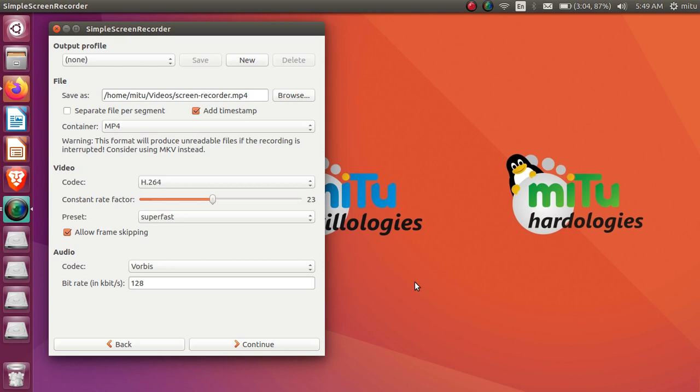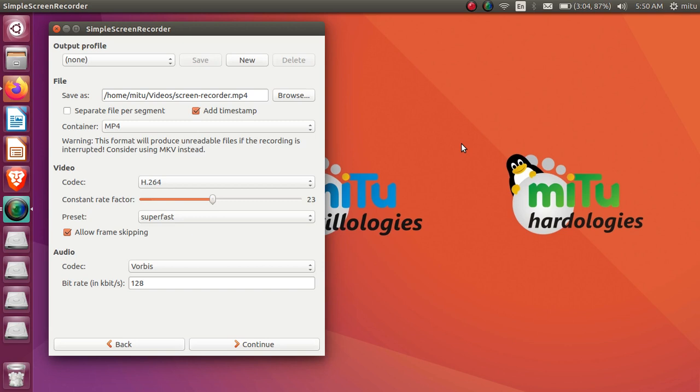Now this is the second-last screen that we need to know: where you have to save this file. You are recording this video, but where do you save it? That's the default file we will make, and at that location the recorded video tutorial will be saved.